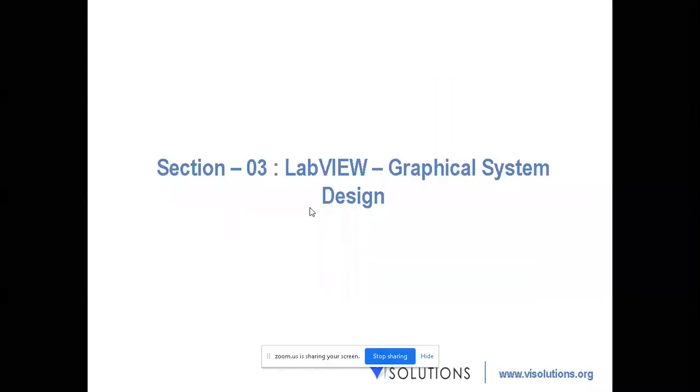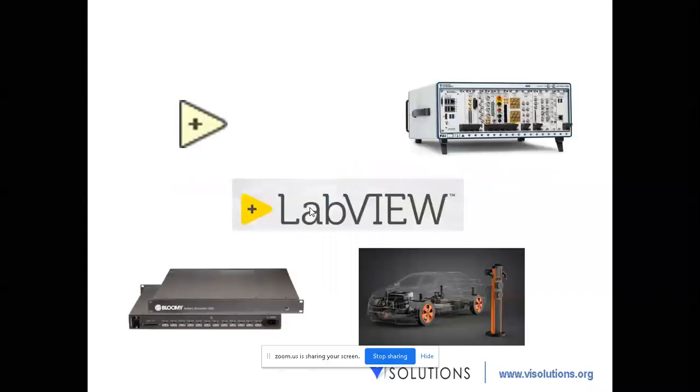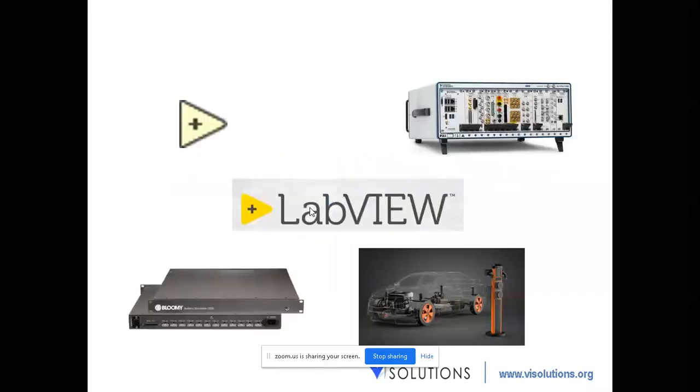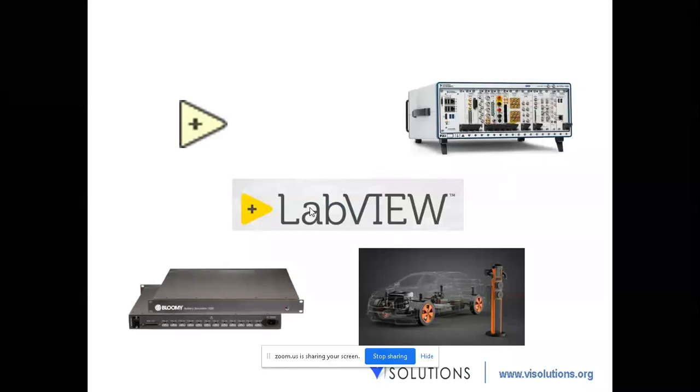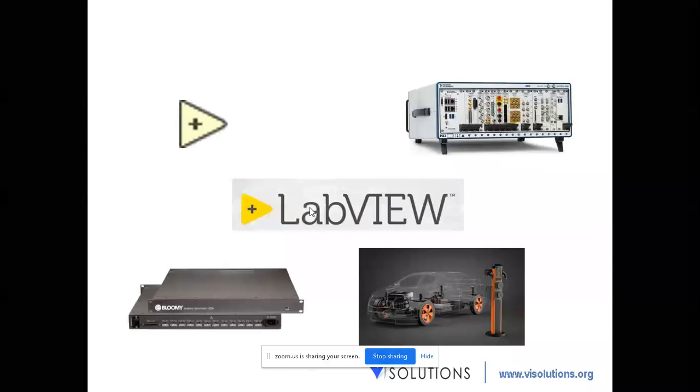So why do we need to go for LabVIEW? Why not other programming tools? I'm not sure how many of you have already worked on LabVIEW, but LabVIEW is a system design tool used by scientists and engineers around the world to do automated tests, automated equipment, and automation for industries.